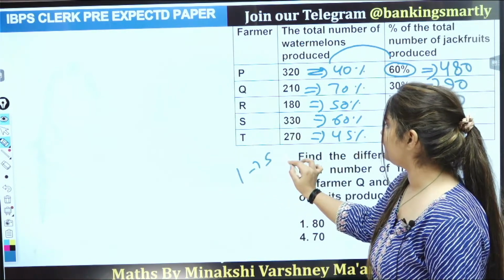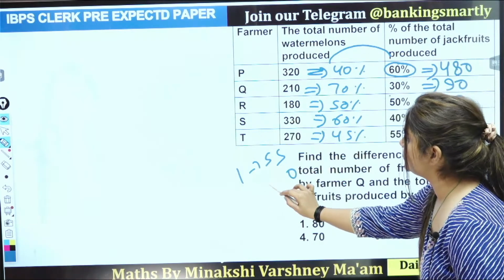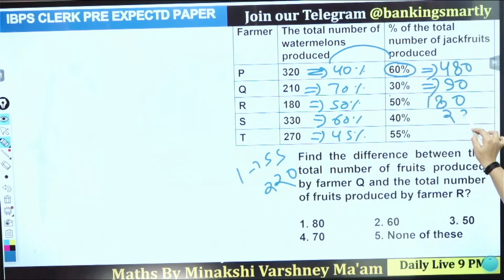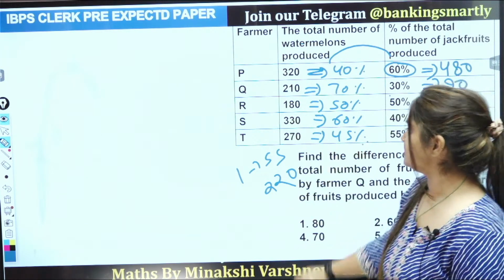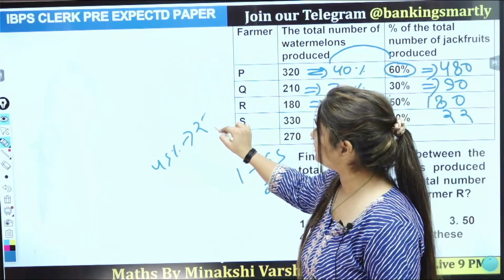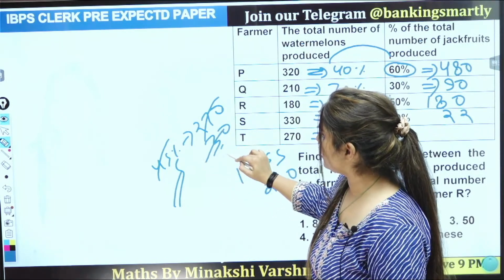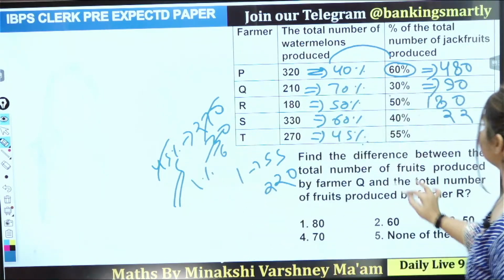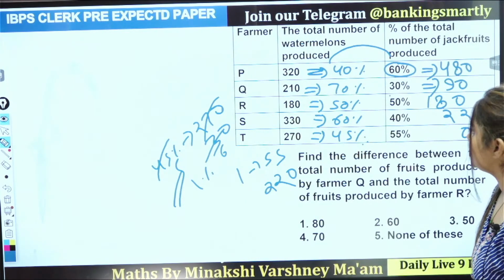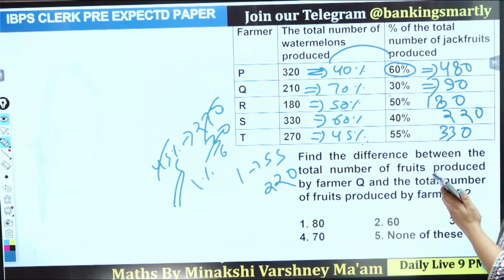If 60% is 330, that means 1% is equal to what? 6 5s are 30, 55. So 40% is equal to what? 4 5s are 20 and 4 5s are 20, that means 220. Correct? Next one is 45% equal to 270. 9 5s are 45, 9 6s are 54, so 1% value is 6, and 6 5s are 30 and 6 5s are 30, that means 330. आई बात समझ में? This one is 220. Okay, clear?